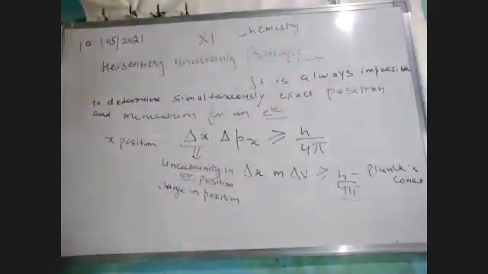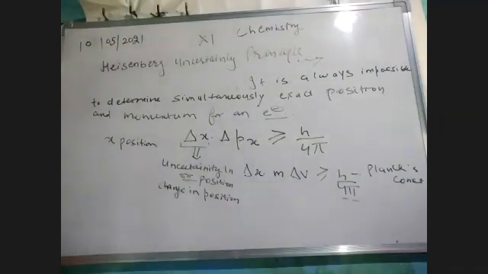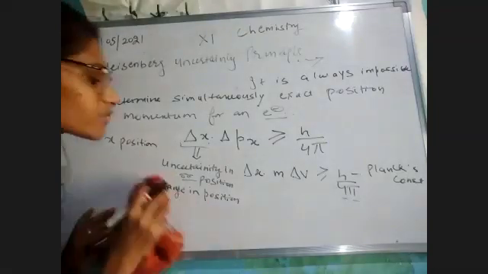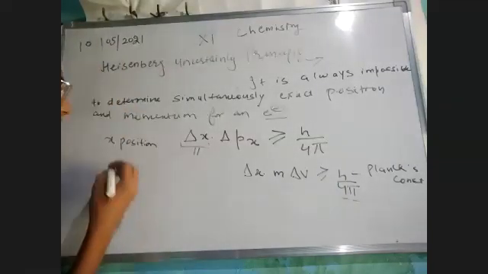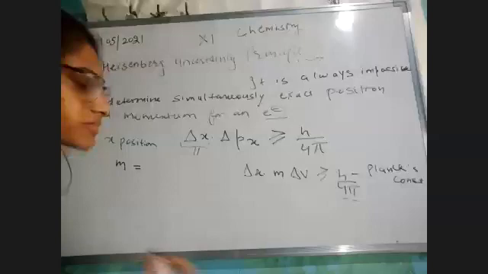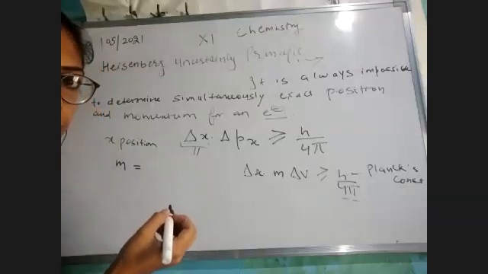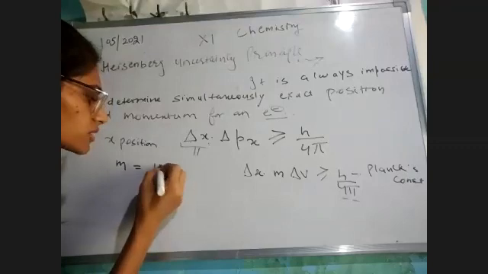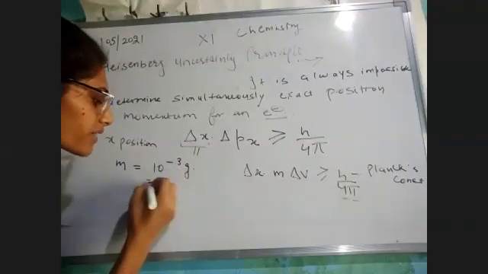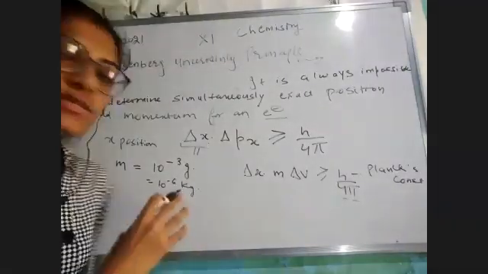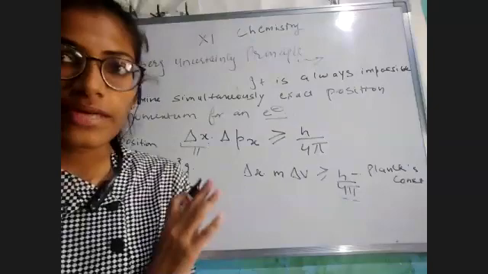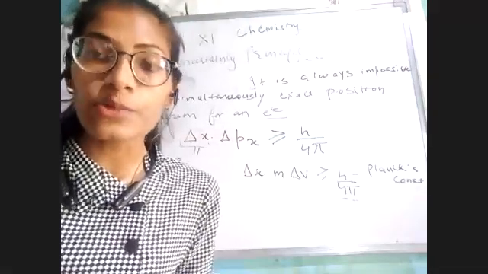Okay, let's start. I just want to rub this for a small area so that we can deal with it. All right. So he has told us, let we have mass equal to a milligram. Suppose what is the value of a milligram? You know that very well. That is almost 10 raised to power minus 3 gram, or we can say 10 raised to power minus 6 kg. Okay. This value, even this value, which seems to be very small for you, even this value Heisenberg